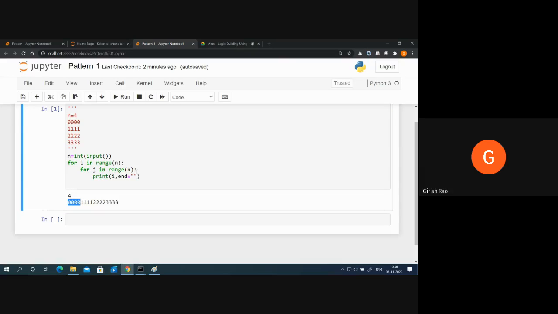So how many times have you printed i? 4 times. Okay, what does end is equal to double quote mean? Keep the cursor on the same line. Now, what is the next value of j? 4. Is 4 less than 4? No. You may ask where we got the 4 from? Here. And this loop started from 0. So 0, 1, 2, 3. 4 times we got 0.